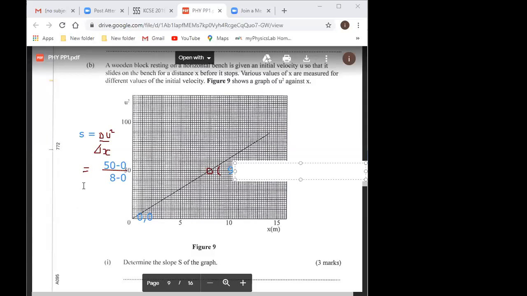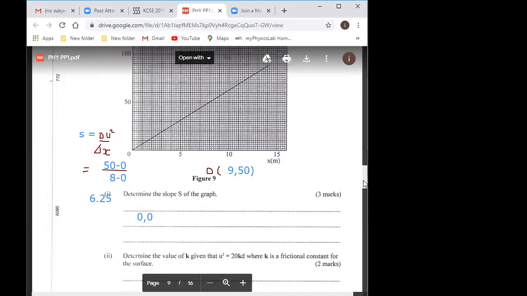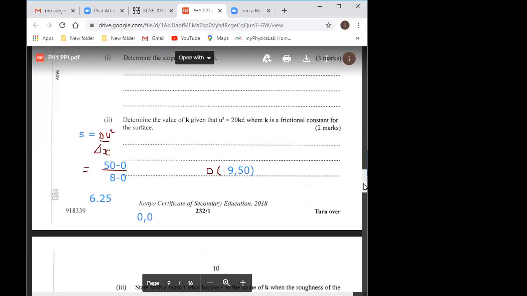So 50 divided by 8, we get what? Is it 6.75? 6.25. So our final answer here, we are going to have 6.25. So that becomes our answer. And now we can move to the next. The next question,